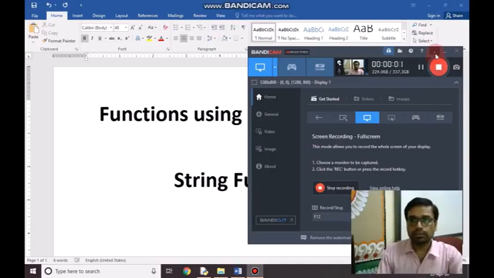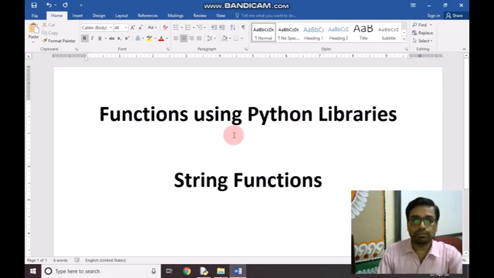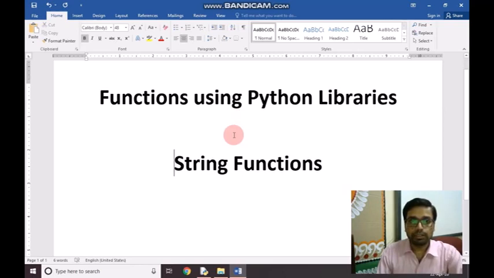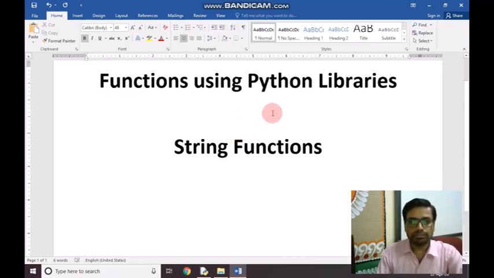Hello students, today we are going to learn various inbuilt functions in continuation with the function chapter of computer science class 12. We need to know how many functions are there in Python libraries and what are the types of the functions of this library. In this type of functions, we are taking here string functions of Python. So there are some examples of Python generally used in string operations.